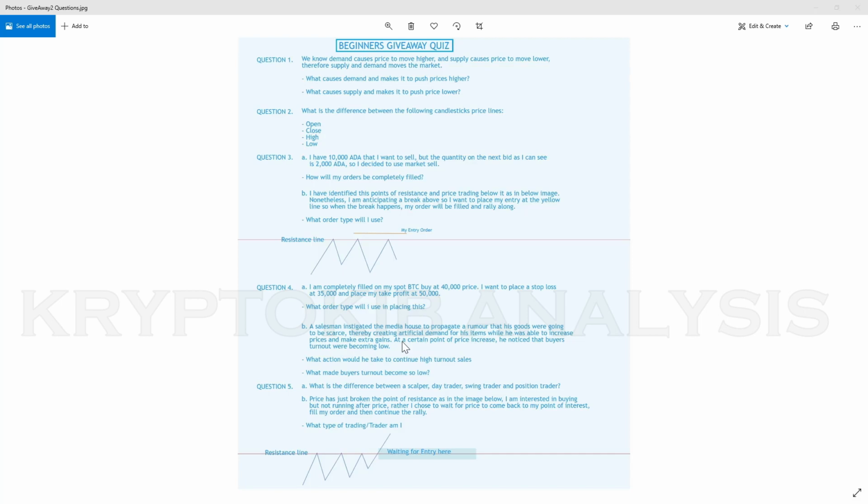That price line where nobody is interested to buy is either, we say, at the point of resistance, that's technically. But looking at the context of this, one way we say is nobody is interested in buying because the prices were high. So what action would the seller take to increase once again the turnout or increase the volume